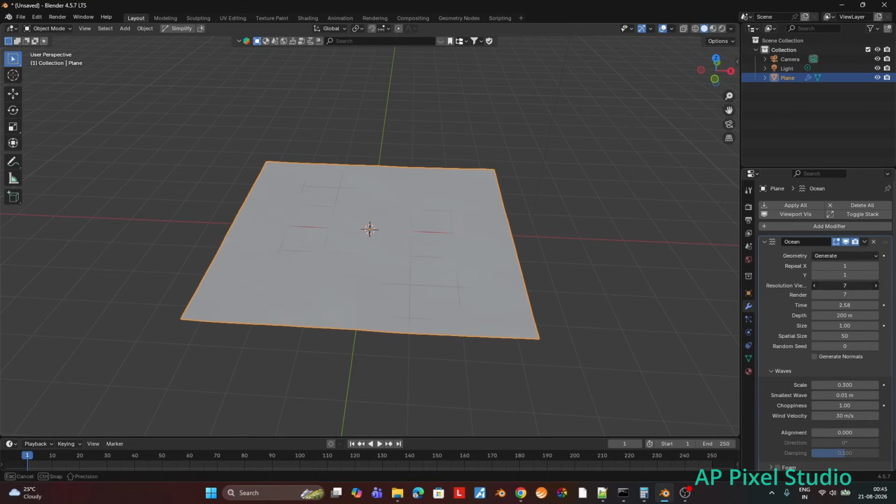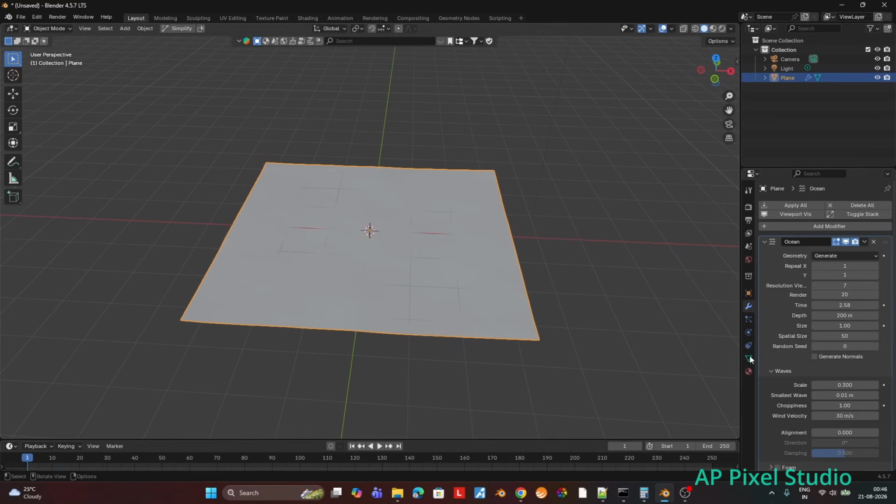We will change the resolution, viewport and render. For now we will update render to 20. And if we play, nothing will happen, so we'll first add the animation in the time field. We'll go to time, write hash frame by 30 and play it.